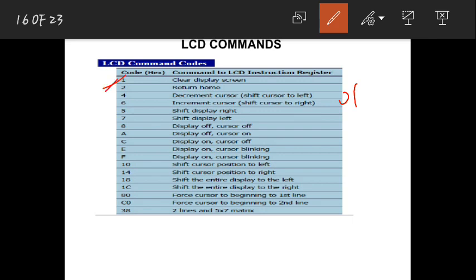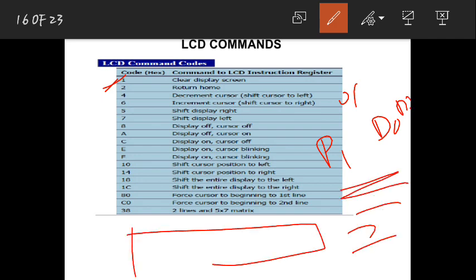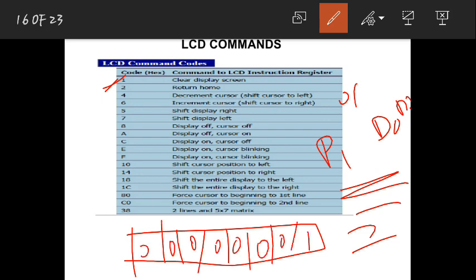That means whenever you give 0 1 to the LCD as a command, before giving the command, you first need to select the command register by selecting RS. If you give 0 there, then on the data pins you need to send the data. You have port 1 connected to data pins D0 to D7, right? So you have 8 pins. On those 8 pins, port 1, if you send 0 1, you need to send 0 0 0 0 0 0 0 1. This is nothing but 0 1 in hexadecimal. This is in binary that you are sending to port 1.